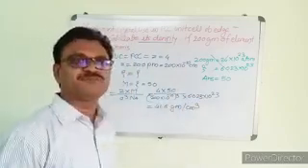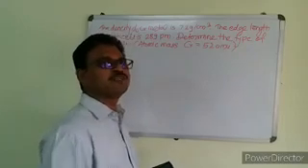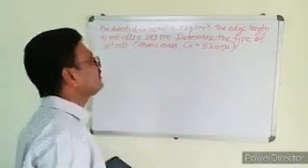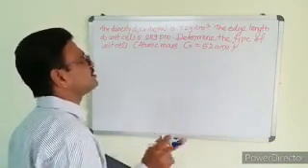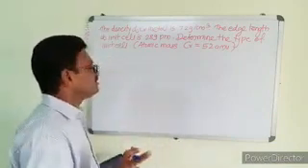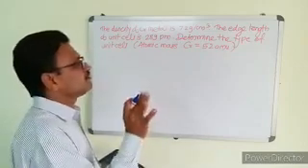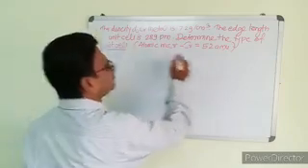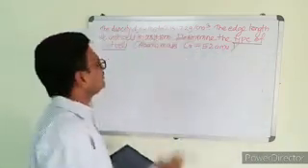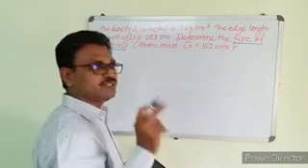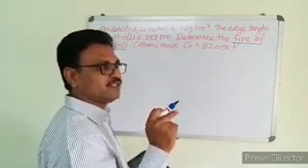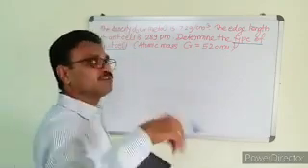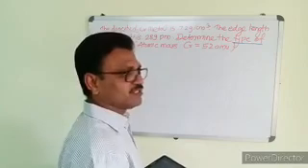It's very simple. So the next numerical is: the density of chromium metal is 7.2 gram per centimeter cube. The edge length of the unit cell is 289 picometer. What you have to determine is the type of unit cell, if the atomic mass is given. The type of unit cell gives the idea from the number of atoms. If the number of atoms is known, then we know the type of unit cell.